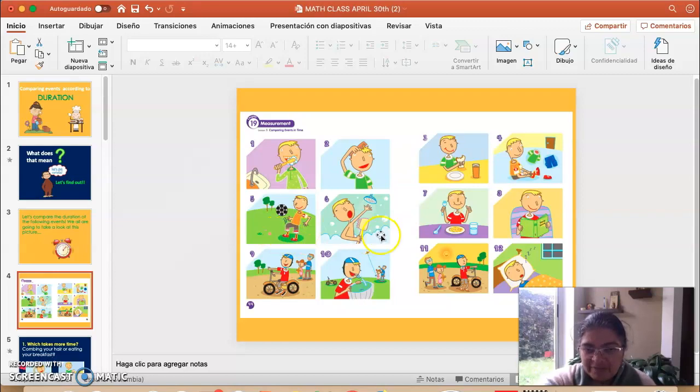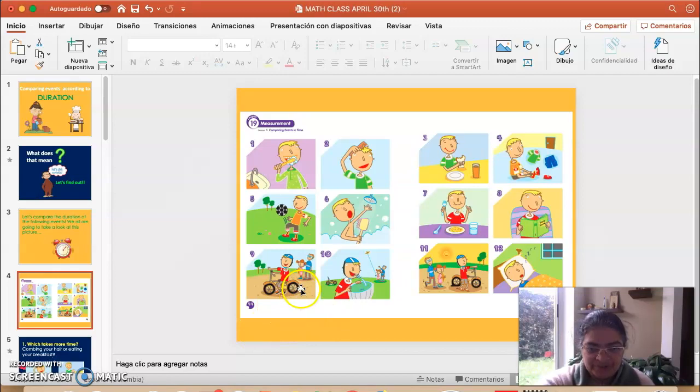Play a soccer game or take a bath? In pictures number 7 and number 8, which takes more time? Maybe have your snack or read a book. Well, I don't know. I know that the answers can be completely different, but it is not important. The most important idea is that you identify and you can compare which activity takes more time or takes less